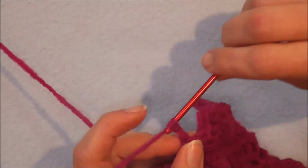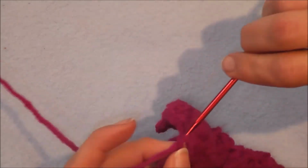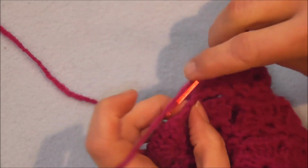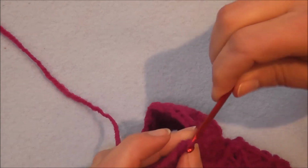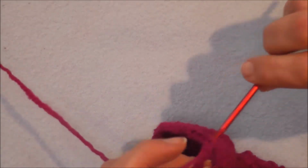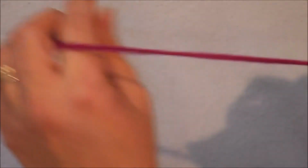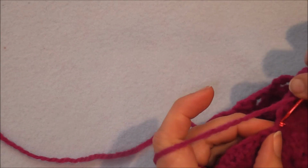okay, chain 3, single crochet into the tip, chain 3, next comes our V-stitch again, chain 3, into the tip, a single crochet, chain 3, look for a halfway point again and make a V-stitch,